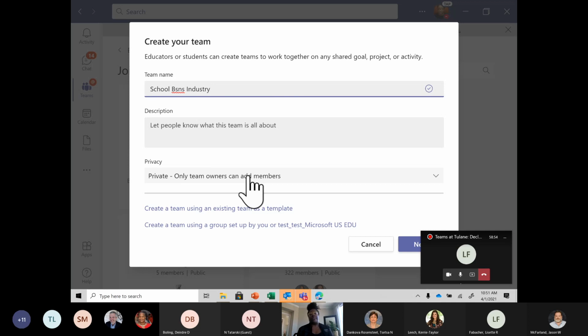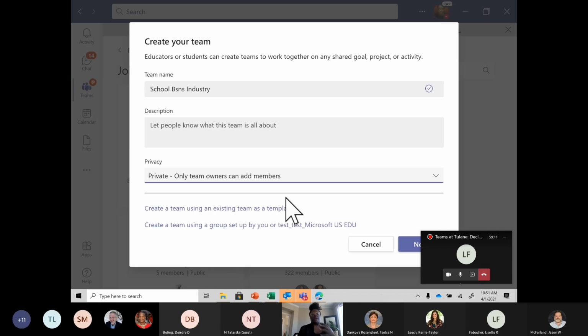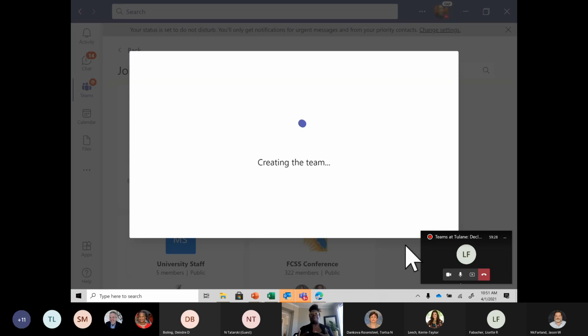private or public. Here's a tip, a word of advice: the best use case is to set your team as private. This means that only the person that creates the team is able to add members. If a team is made public, that means anyone who is part of Tulane University would be able to search for, find, and easily access and join your team. And there are going to be times that there's information in there you may not want accessible to the general public. So the best case is to set your team as private, and then you can add members as you